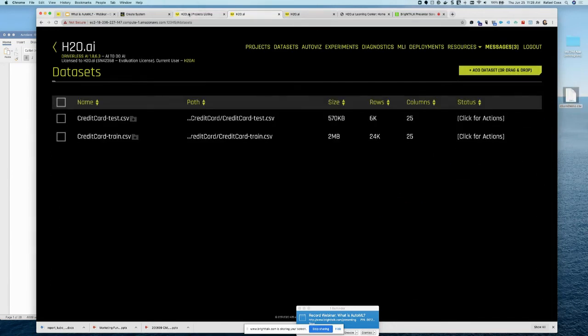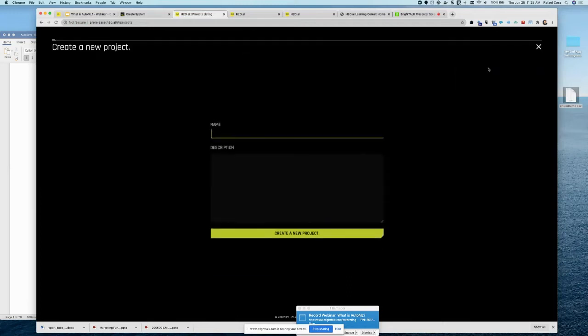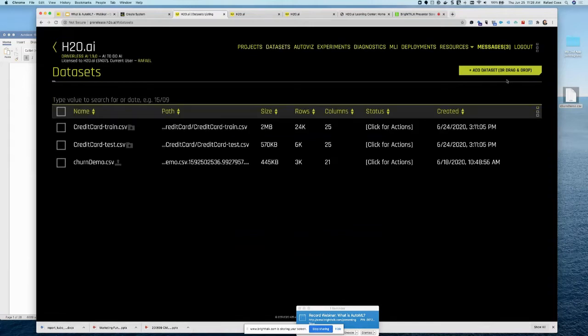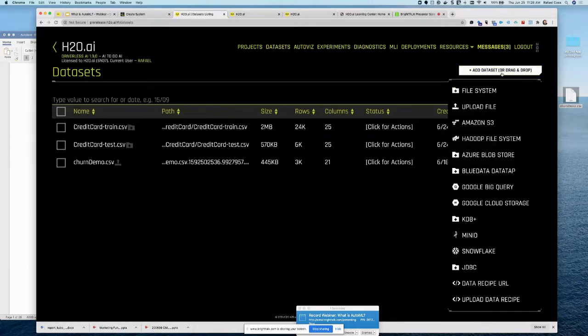And as I look at the different connectors, let me see. Here's a more full list of the various connectors that are available. I think we have something like 14 different types of connectors. So whether you're on the cloud, leveraging Hadoop, or have a relational database, we can use a JDBC connector to connect to that, or we have a notion of a data recipe. So you can have a custom recipe for anything you can get access to via Python and return as a data frame, and you can consume it within Driverless AI.